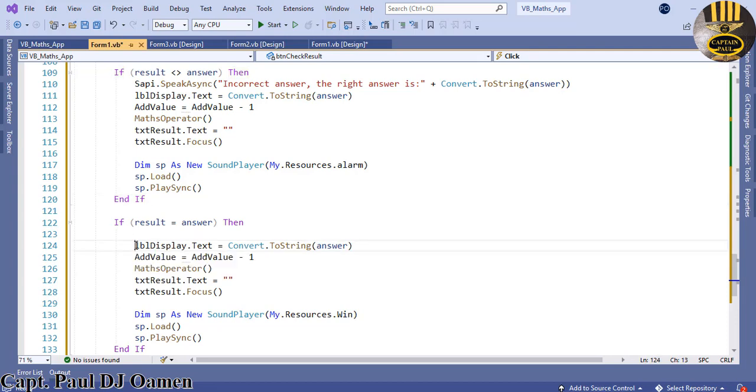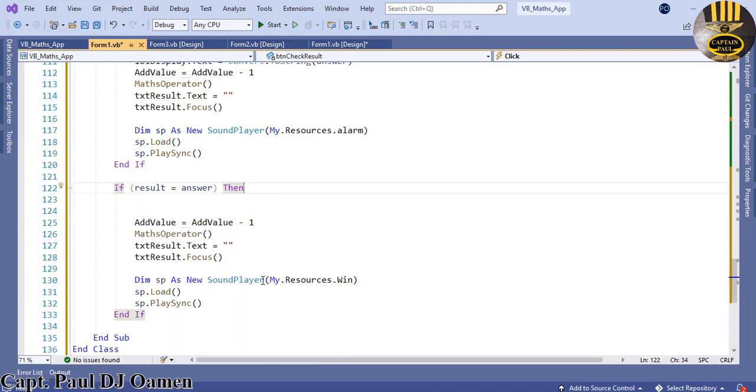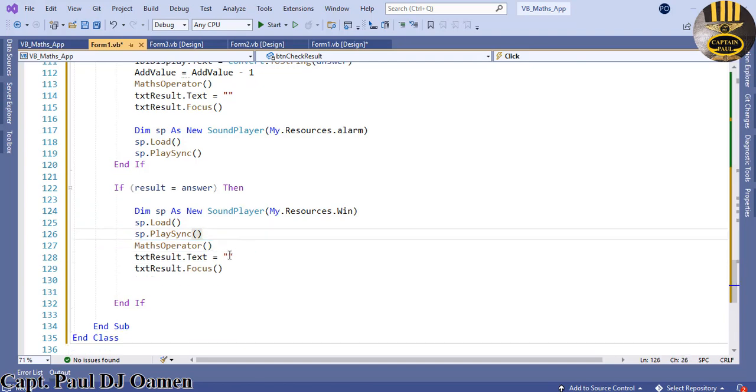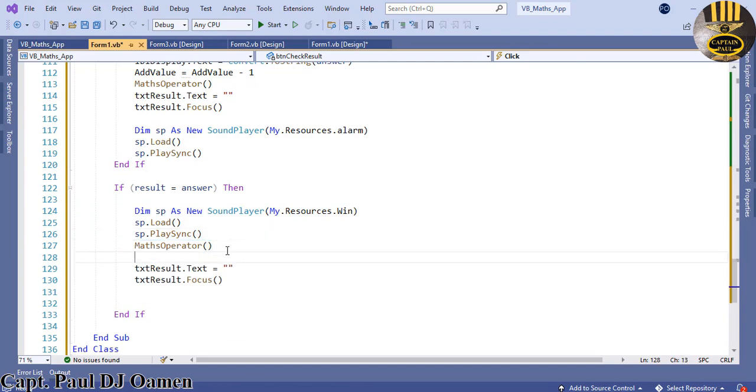Do we need the display? I'm going to get rid of this. Yeah, get rid of this. And the only bit that we need actually is the sound. So let's move it up here. There. Then this. Call the function, and underneath here I'm going to say